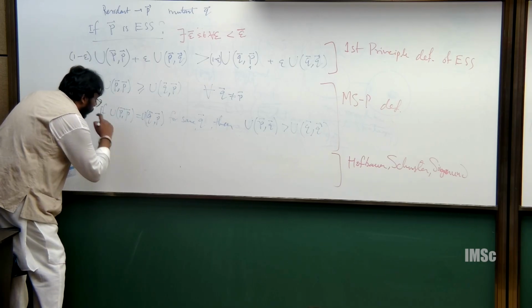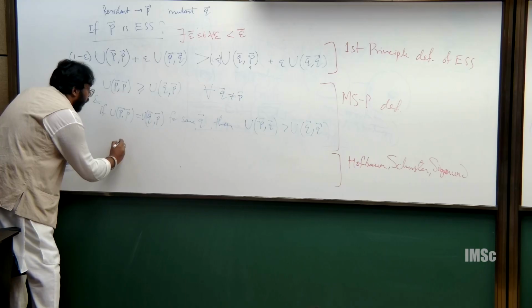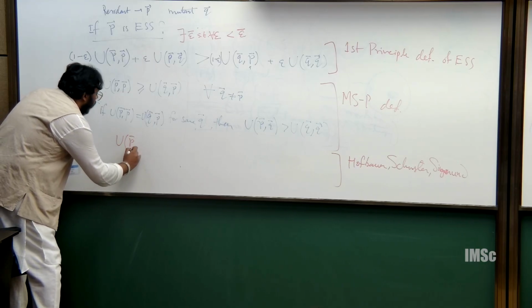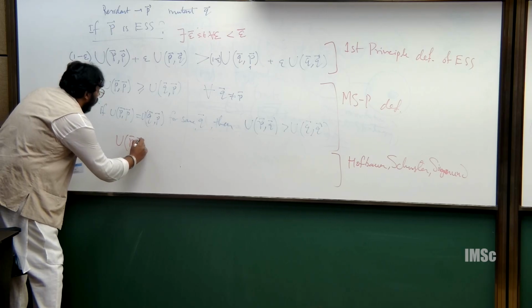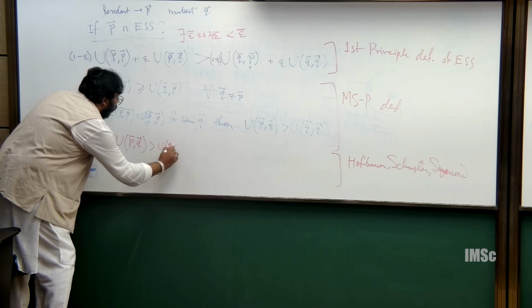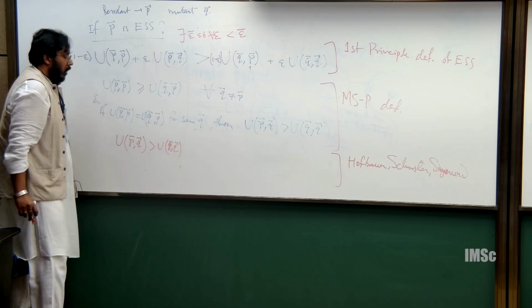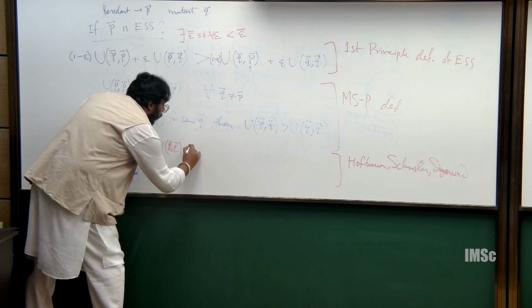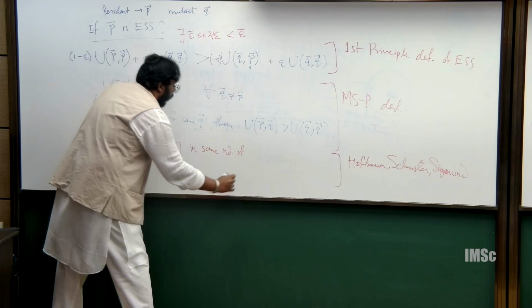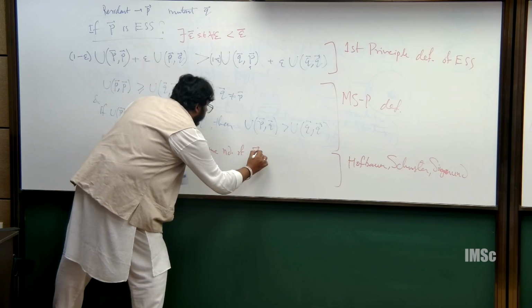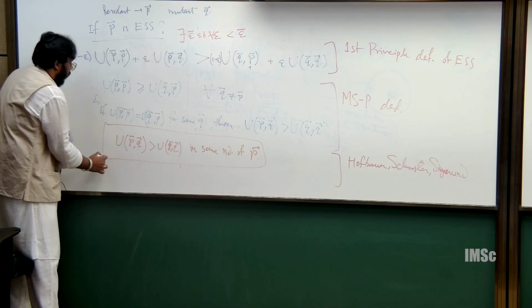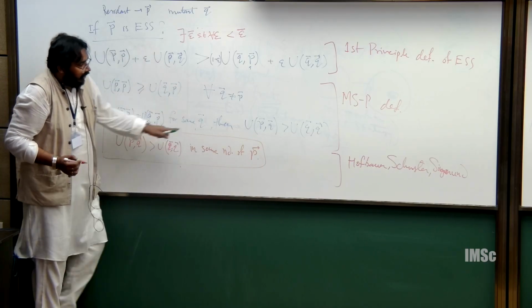It says that U(P,Q) should be greater than U(Q,Q) in some neighborhood of P. This looks like the earlier condition,